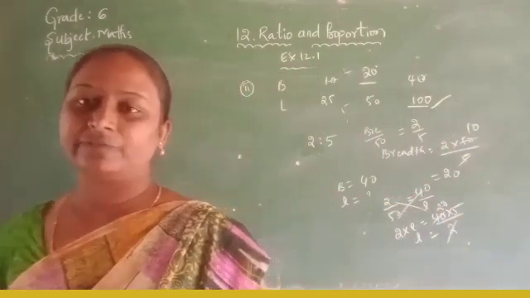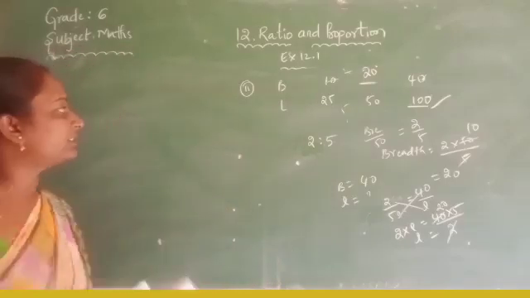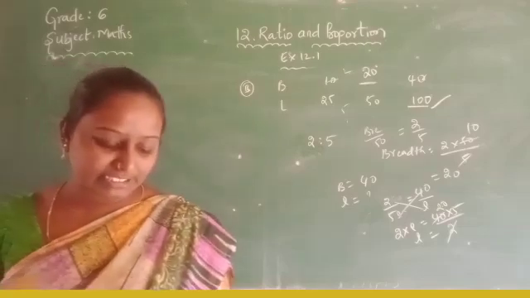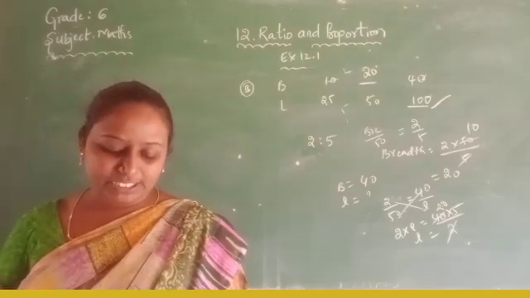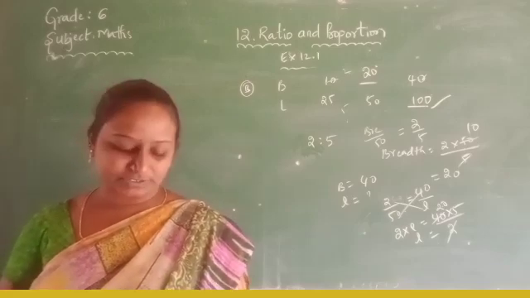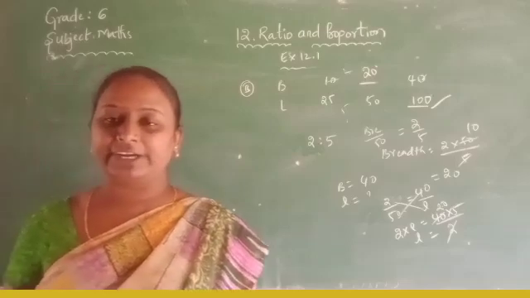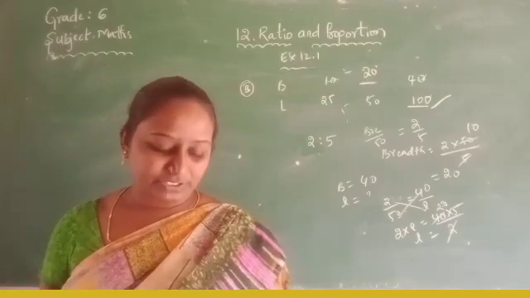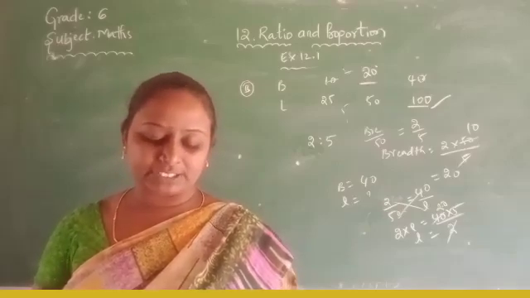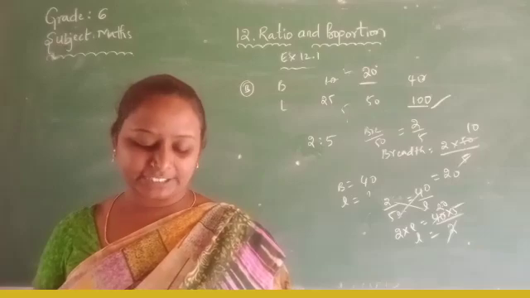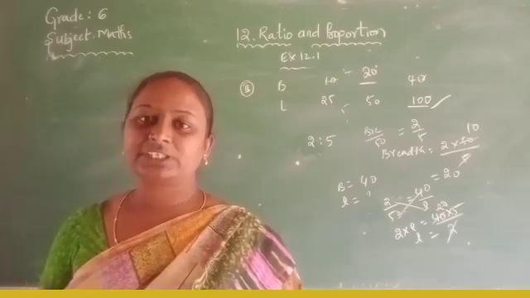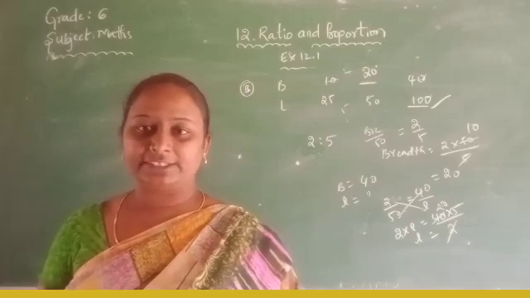Okay, next see the 14th one. This is the 13th question, sorry, the 13th one. Next, the 14th: divide 20 pence between Sheila and Sangeeta in the ratio of 3:2. The ratio is given, so you have to divide. How to divide when the ratio is given? 20 pence are there, and Sheila received 3 parts, Sangeeta 2. In the 3:2 ratio they divided the 20 pence.